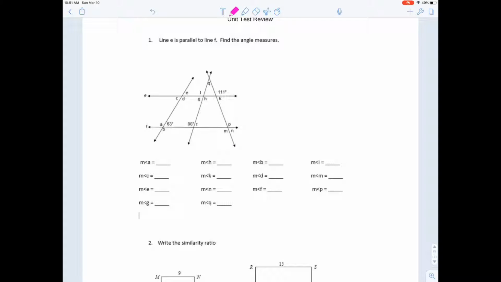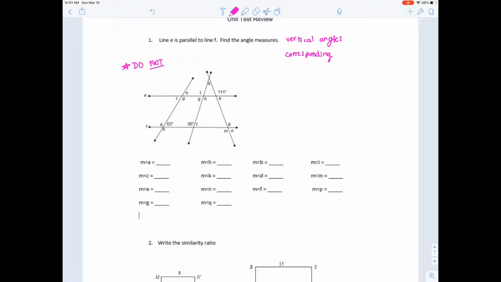So question number one, this goes back to our lesson of parallel lines and transversals. So things like vertical angles and corresponding angles, same side interior angles, alternate interior, all of those vocab words we went over, those are going to help you the most. My main issue with this is that some students will want to use a protractor, but I encourage